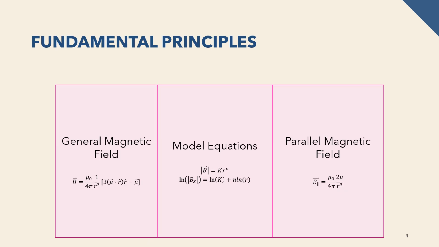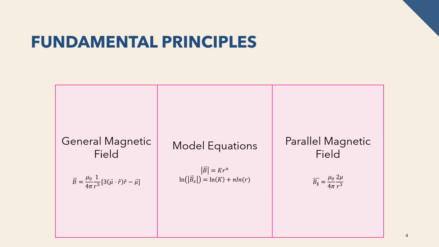Fundamental principles. The main equations we used were the equation for the general magnetic field, in which the magnetic field is equal to our magnetic constant times 1 over the magnitude of the distance vector cubed, times 3 times the dot product of our magnetic moment and the unit vector of our distance, times the unit vector of our distance again, minus the magnetic moment,